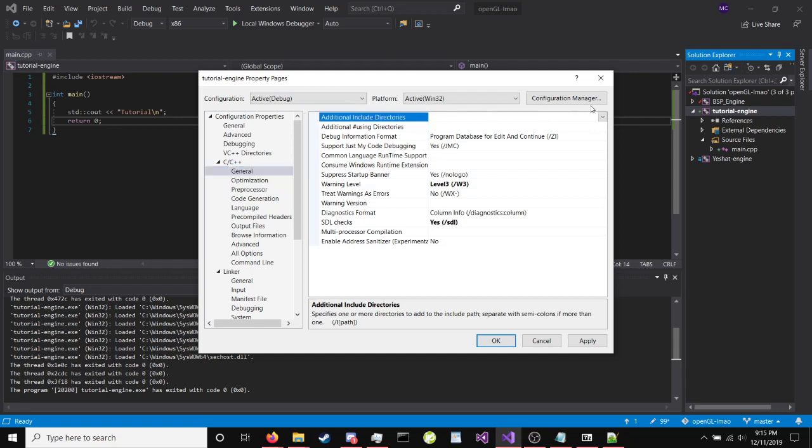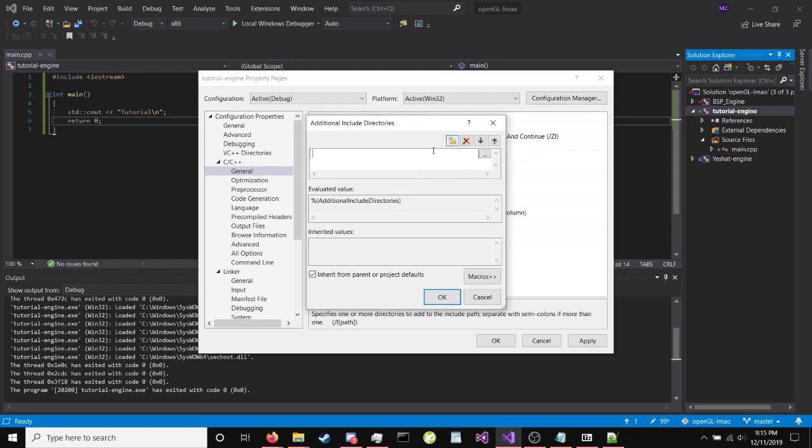So for C++, we need to set our include directories, which is pretty easy. If you decide to put your libraries inside of your project dir, you're going to use a macro, which is pretty much just a quicker way to reference where your library's at. For me, I have it in my solution dir. If you had it in your project dir, you'd probably do something like ProjectDir. I'm not sure what the exact macro is. If you want to look at all the available macros, which are just shortened versions of paths,